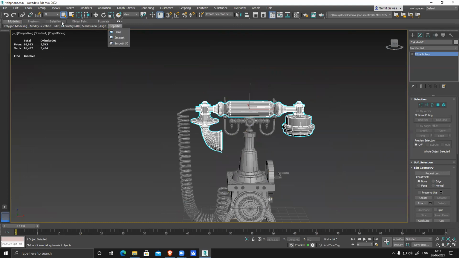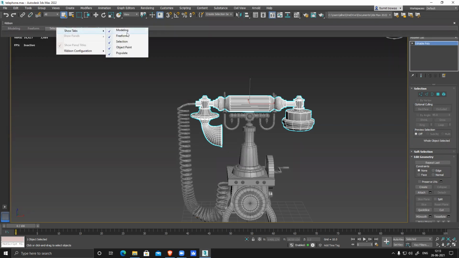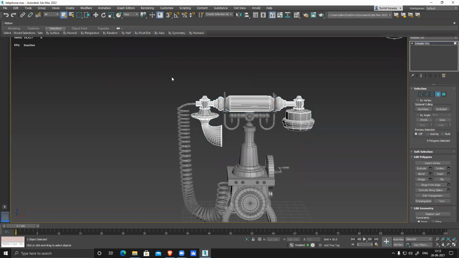Now let's see, I want to select the object. It's visible only, then why can't I see anything?